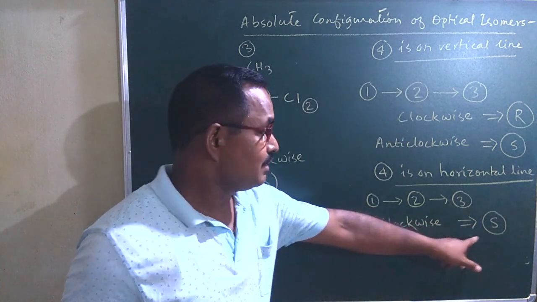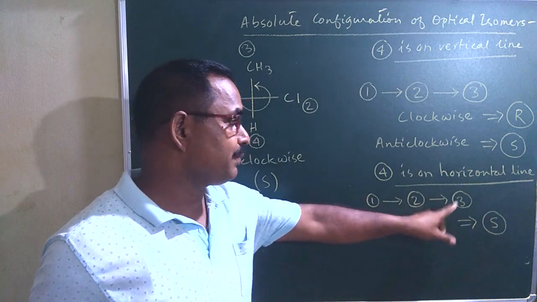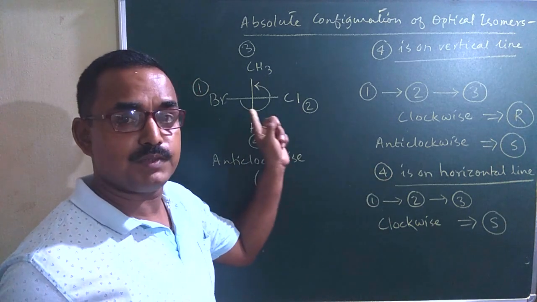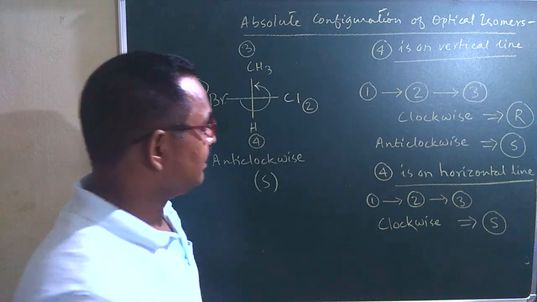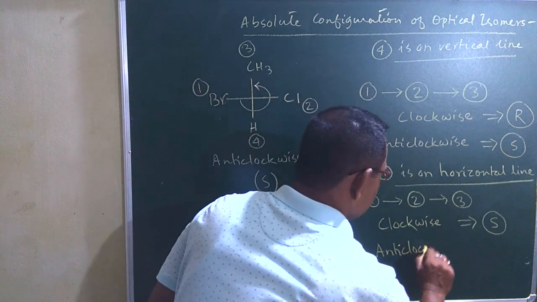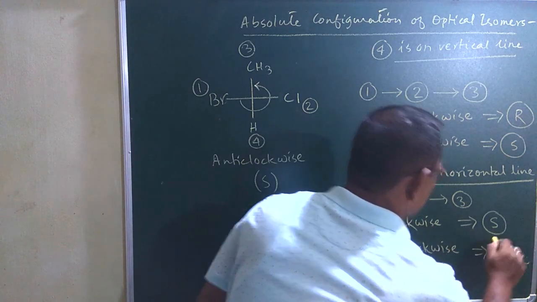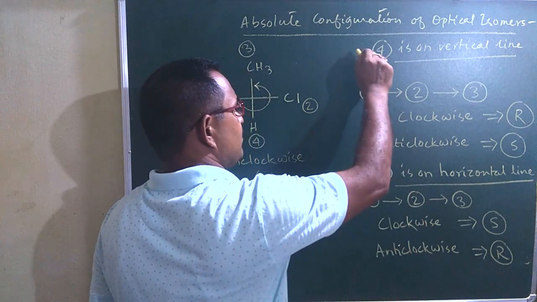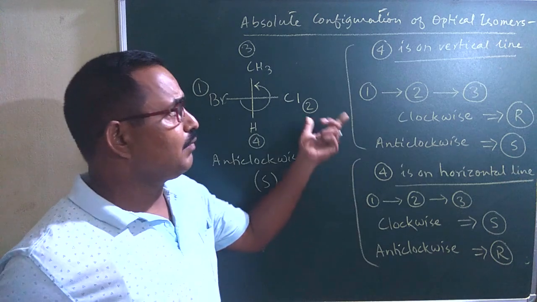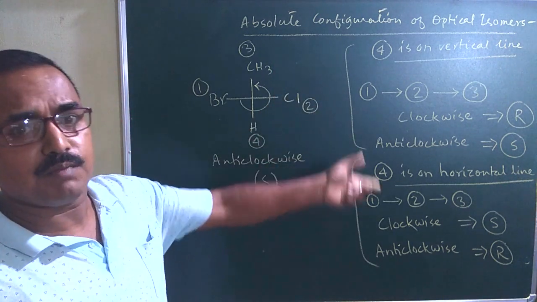When will it be S? Clockwise sequence of 1 to 2 to 3 but the least priority group is on horizontal line in Fisher projection, okay? And if it is anti-clockwise, the configuration will be R. If you remember these 2 points, then giving the absolute configuration of an optical isomer in Fisher projection will be very